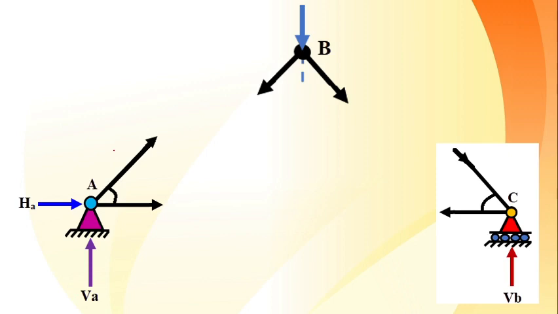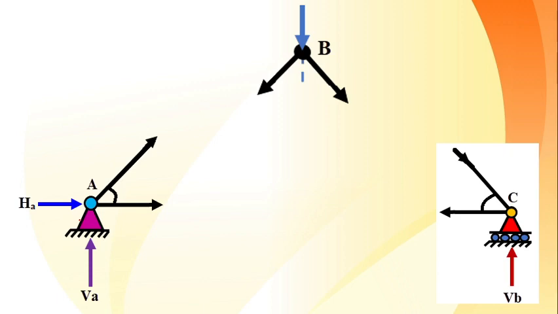Now what is the second thing to be done? Just consider all these joints as concurrent force systems. As I told you earlier, whenever I consider an individual joint, it is going to form a concurrent force system. Now it has been proved here: all the forces have their lines of action passing through the same point. Is it okay? So this is a concurrent force system. Same is the case with joint B as well as joint C. So all these are three concurrent force systems.